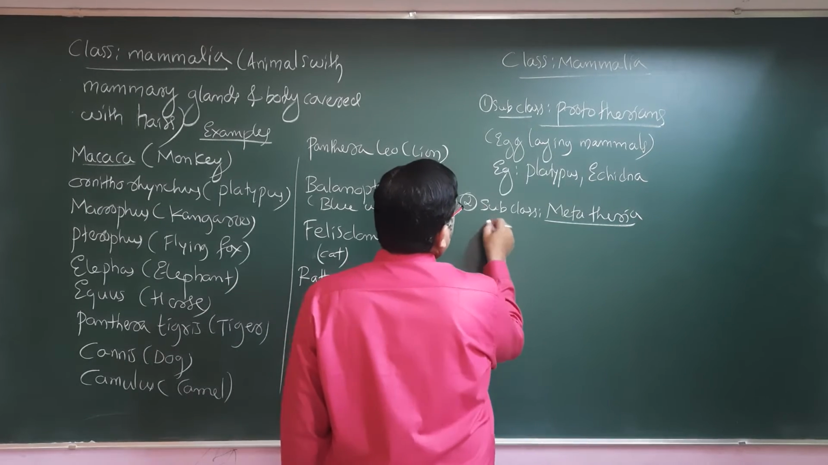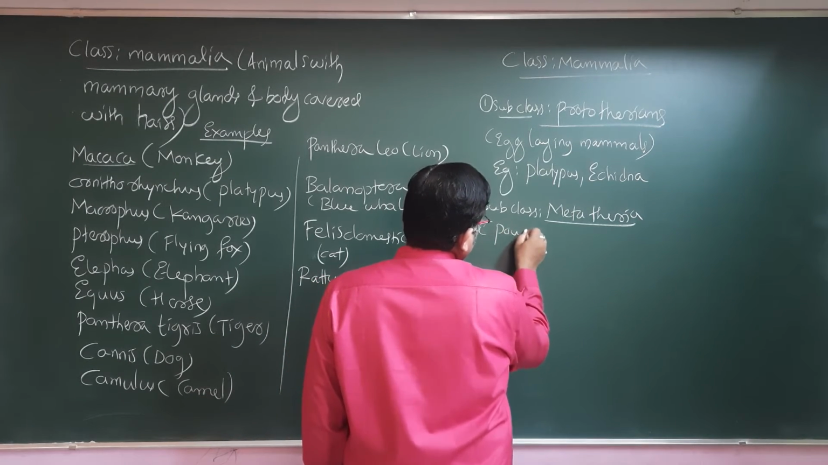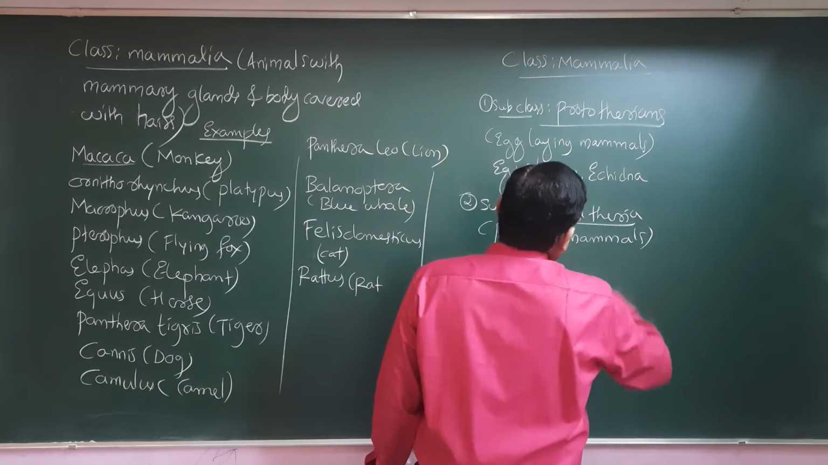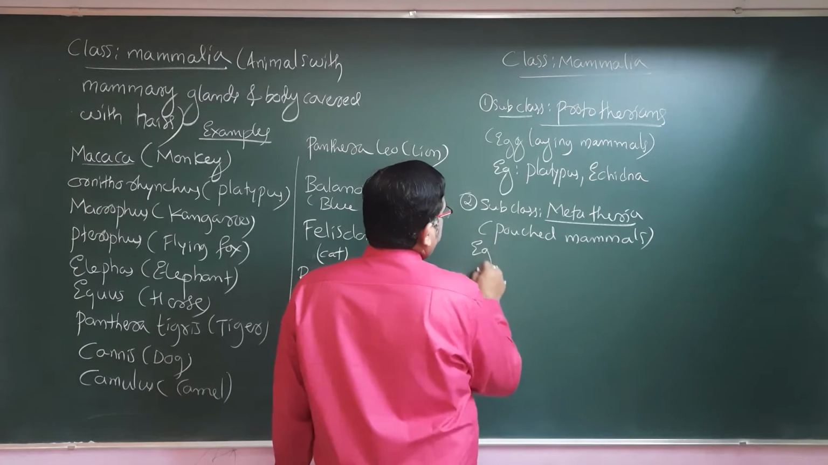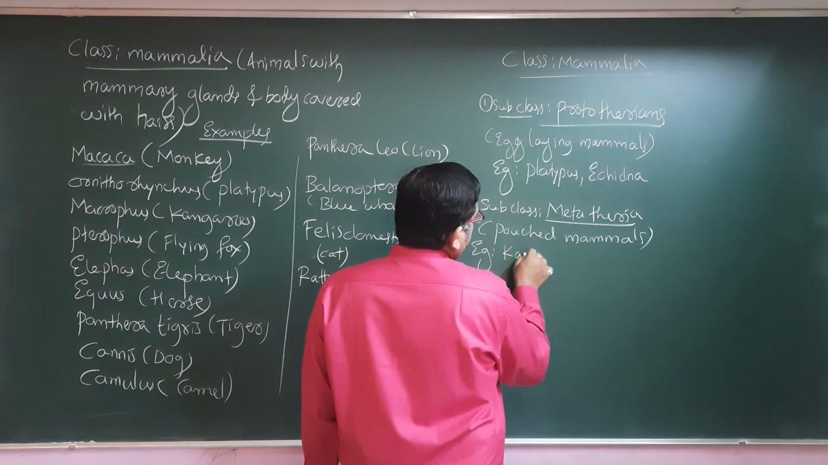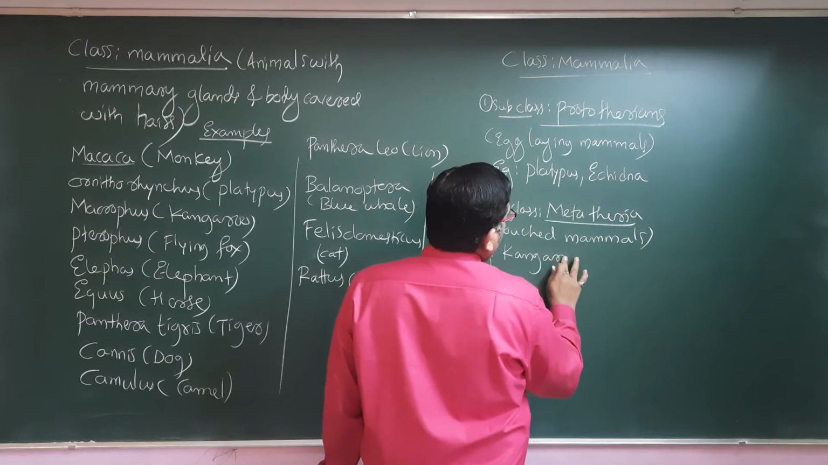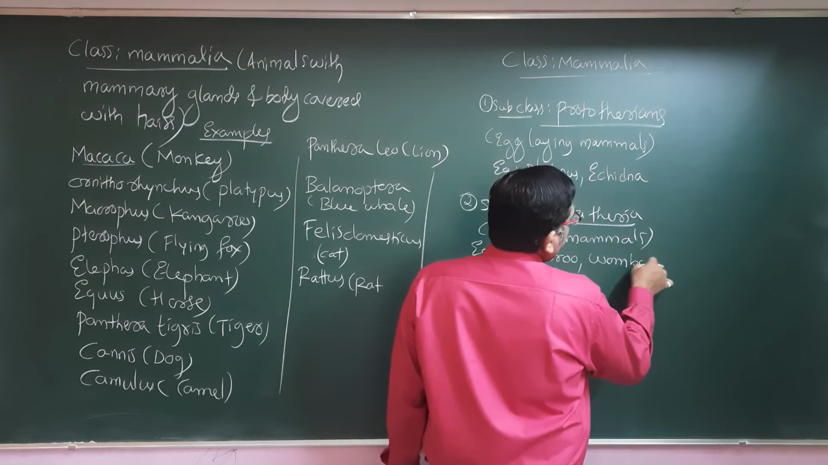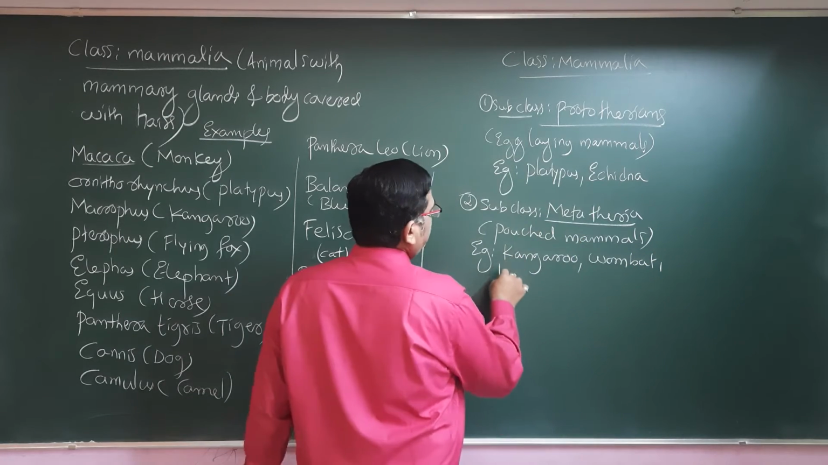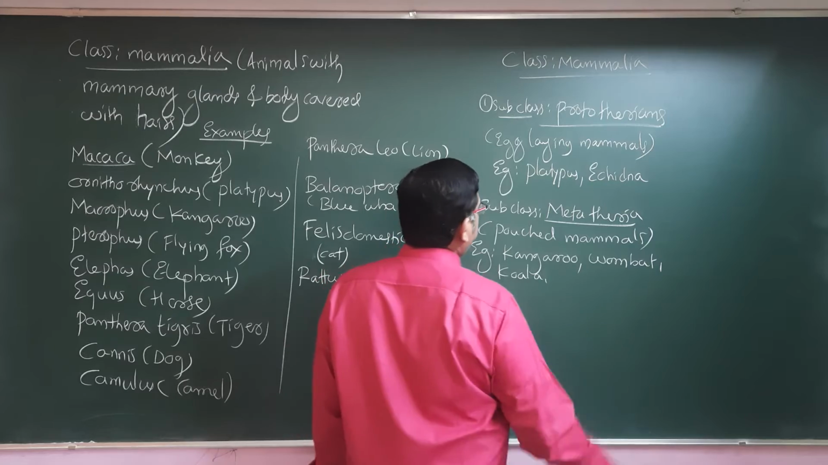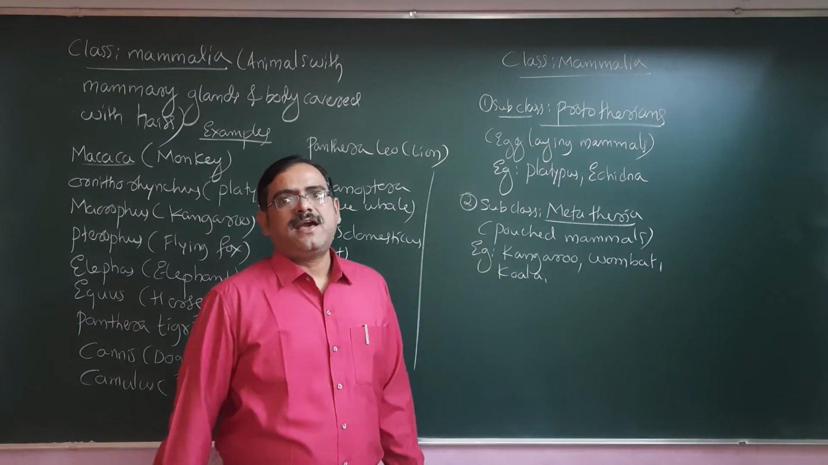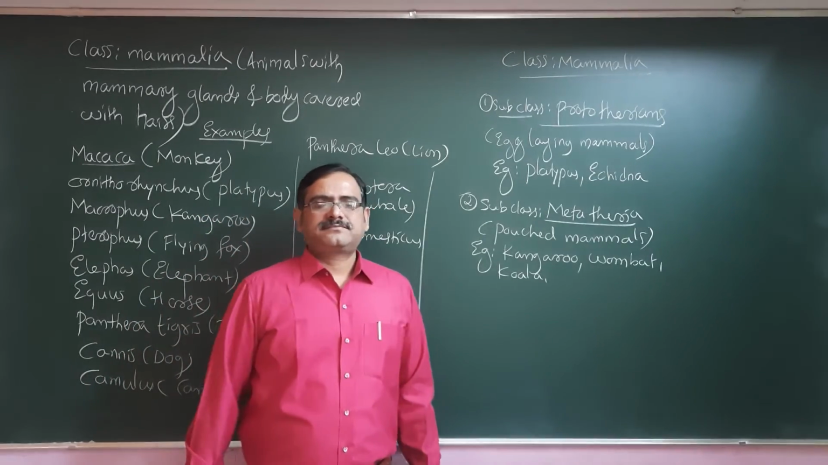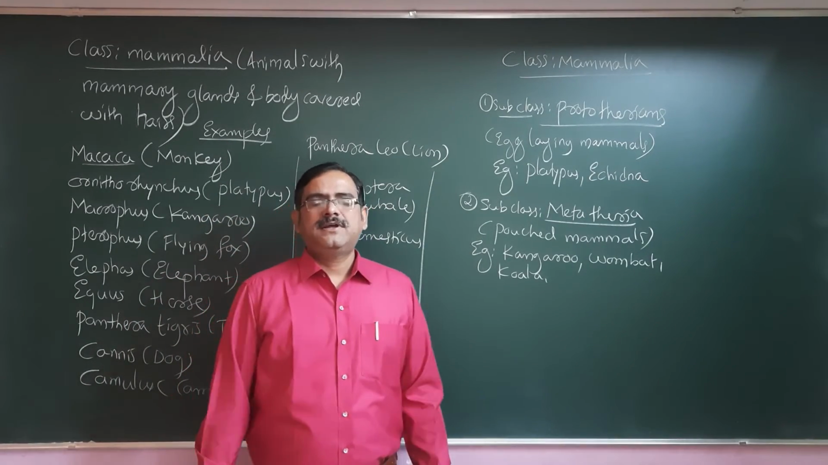Metatherians means mainly the pouched mammals. So what are the examples of pouched mammals? Examples include mainly the kangaroo itself, having the pouch, the brood pouch, as we call it, the wombat, and the koala. So these are mainly the mammals that have the pouch. In the brood pouch, yes, they carry their young one, they nourish them, they protect them